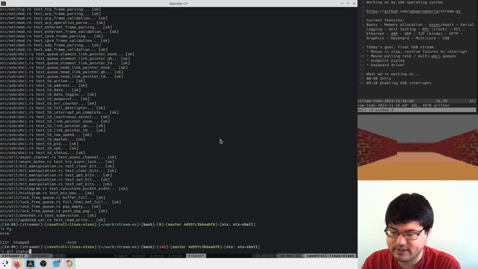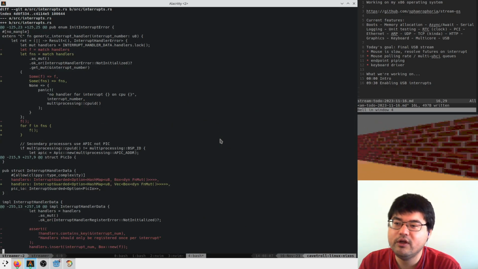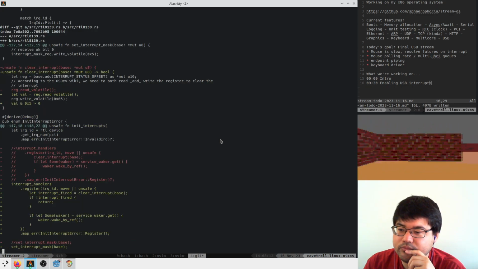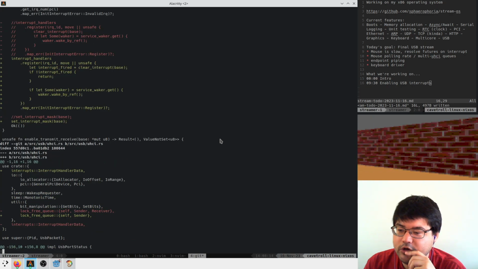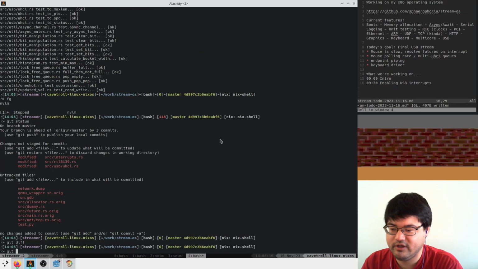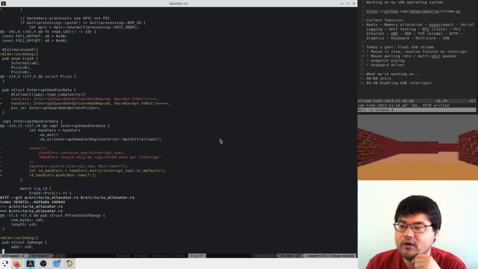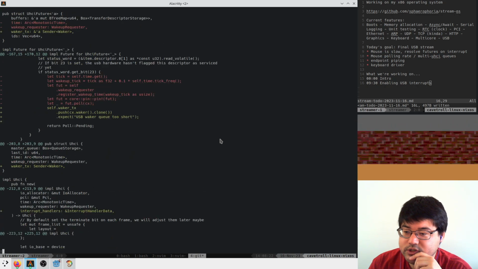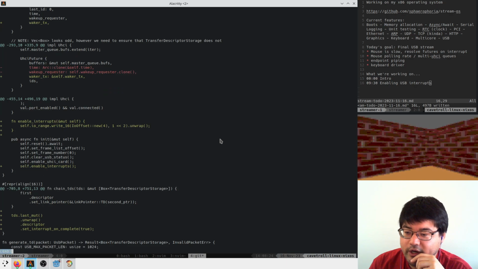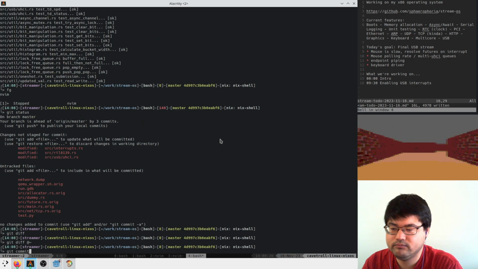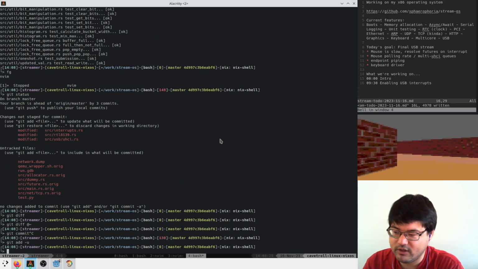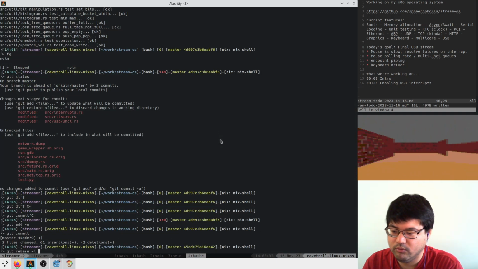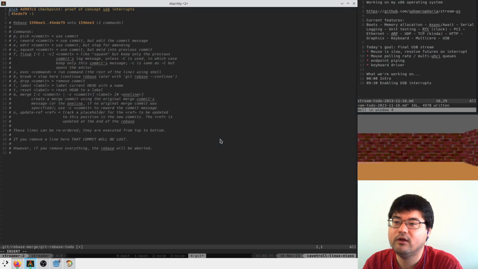So we can say git status, quickly check the diff. Is anything in here crazy? Nope. Oh, I guess it's git diff from one back. All of this looks fine. Okay. So we'll add everything, we'll commit, we'll smiley face it, and we'll rebase from a couple back and squash it